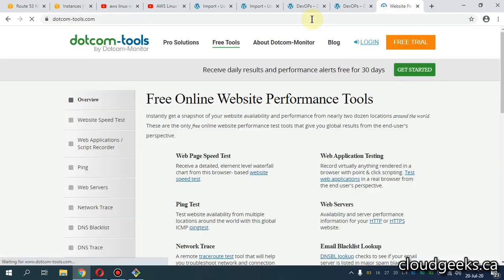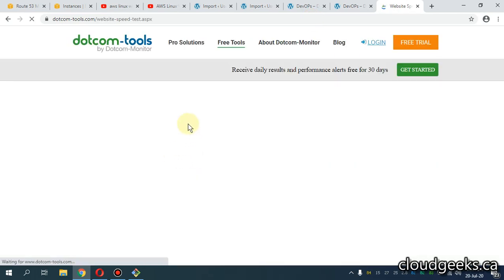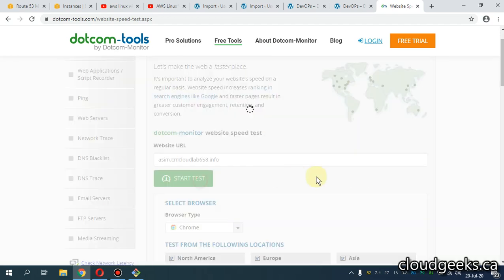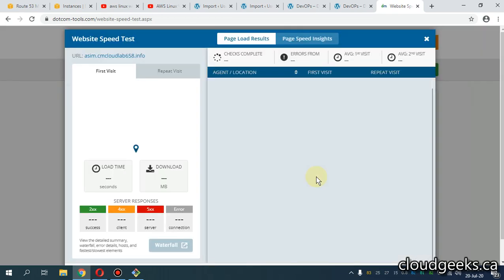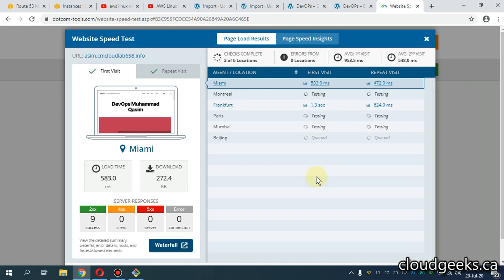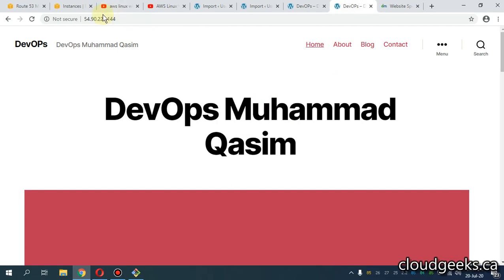ping.com tools.com, select the web page speed. Make sure that caching is not going to be done. So I'm going to paste the URL here. Hopefully we'll see a different version, because most of the traffic, as I told you, in Canary deployment, you send a huge amount of traffic. You see that now we are seeing 90% of traffic heading toward this IP,